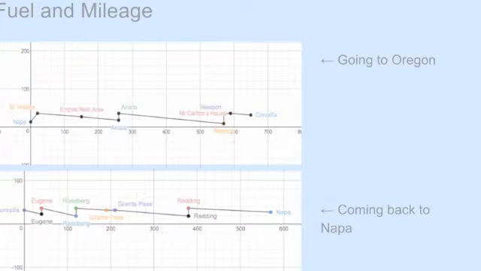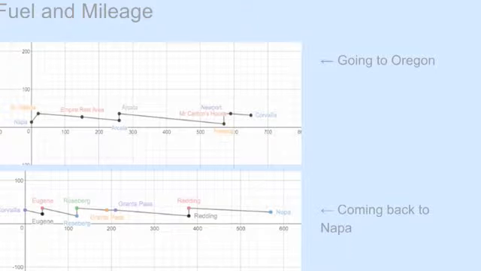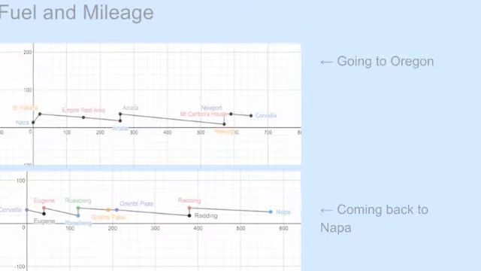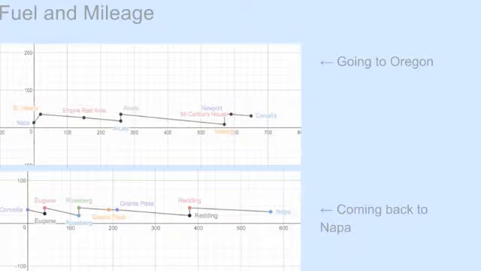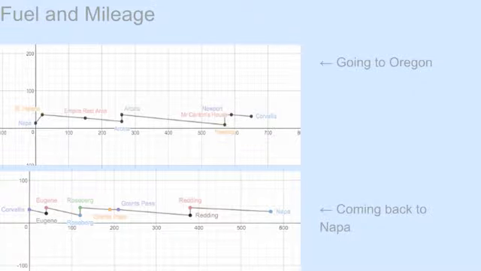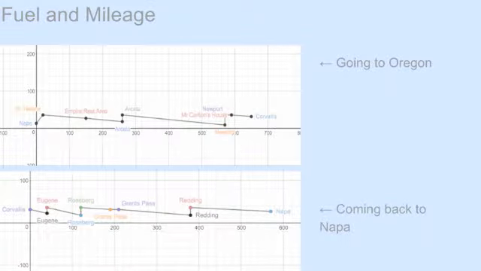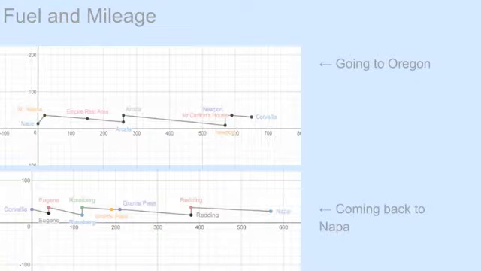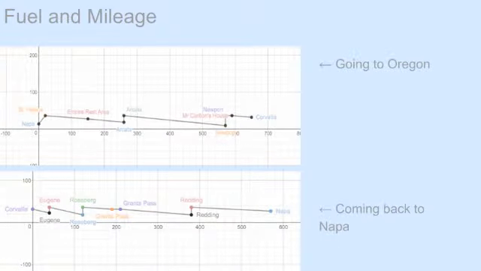Hi, my name is Denna and my slide shows the graphs for fuel tracking as well as the mileage from Napa to Oregon and Oregon back to Napa. The x-axis indicates the distance traveled while the y-axis shows the fuel tank tracker. The maximum gallons of fuel the car would have at full capacity was 36 gallons, so that is the maximum